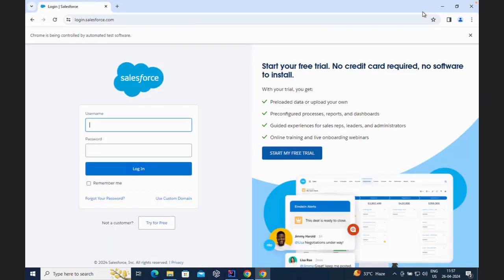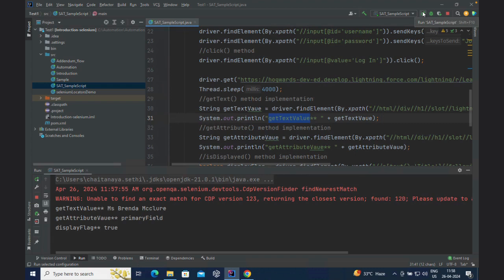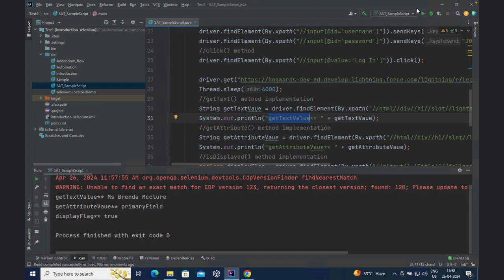So the execution is happening. It will enter the details, it will navigate to the record, and it will fetch the required data and close the window. What is driver.close? What is driver.quit? We did discuss in the previous video, so I hope you know it. So it went ahead, and now the execution is complete, and the get text value is Miss Brenda McClure, right? So it was able to validate the text successfully, and it did print it here because we did get system.out.println